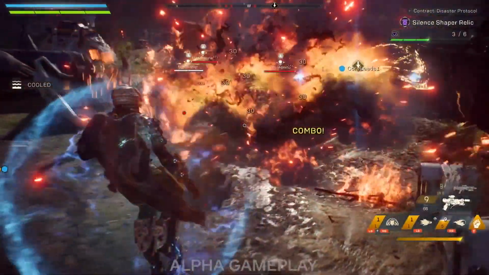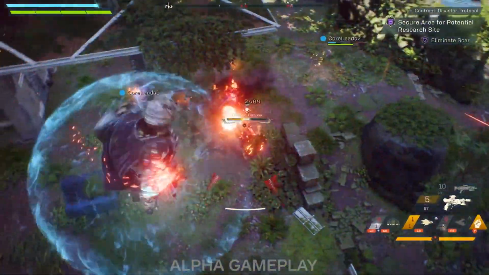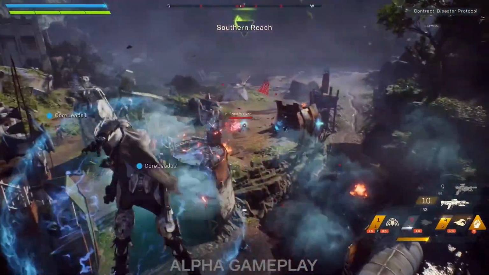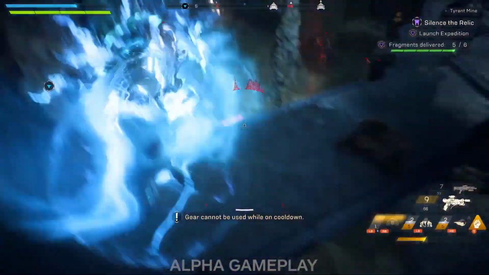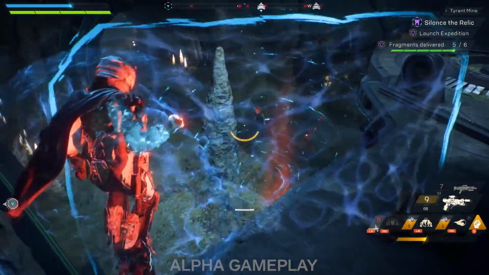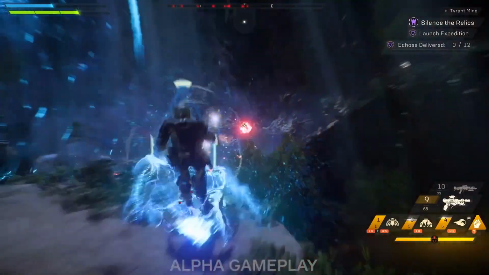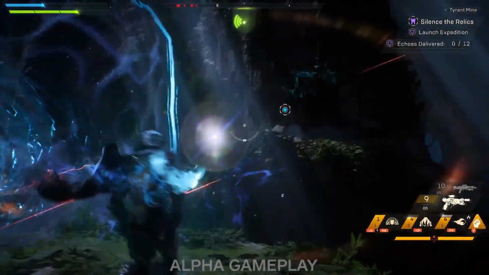And finally we have Nexus, which is a field that reduces cooldown timers for all allies that stand within. So this could be very handy when paired with Bulwark Point from the Ranger's support class ability. So whilst you're defended, you're also able to increase that cooldown timer so you can get more abilities out in